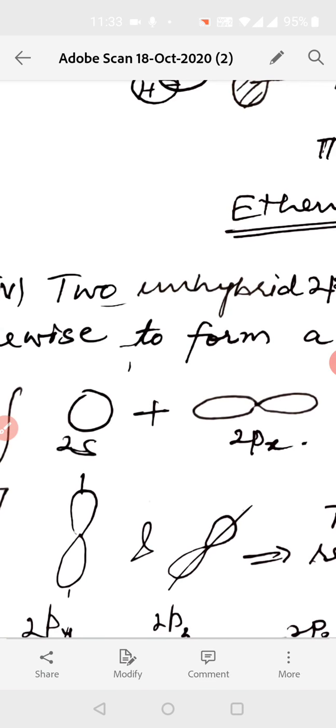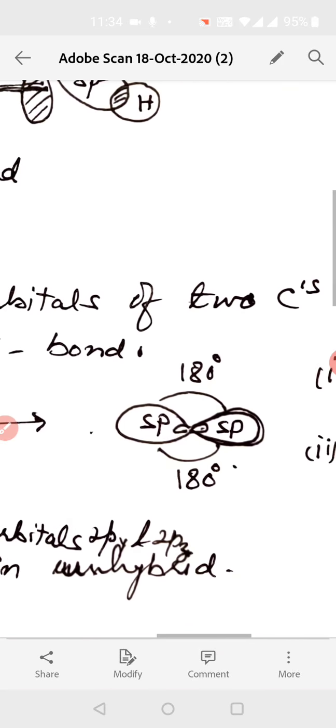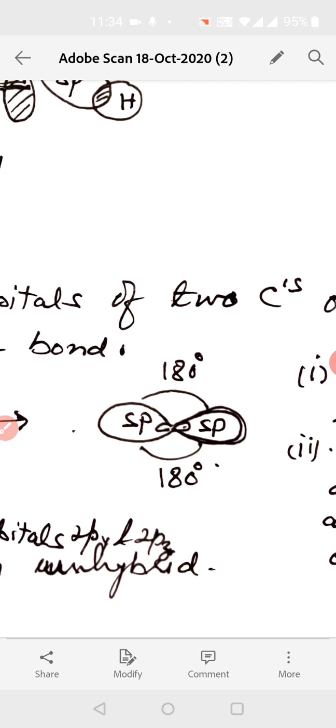One s orbital combines with one p orbital to form a set of 2 sp hybrid orbitals. These sp hybrid orbitals again are bigger in size than the p orbital, and electron density is concentrated in one lobe, and the other lobe is very small, that is the residual lobe, and the bond between these two orbitals